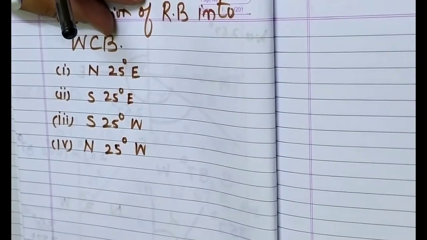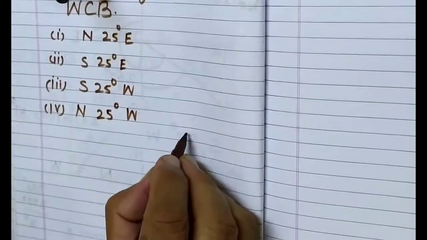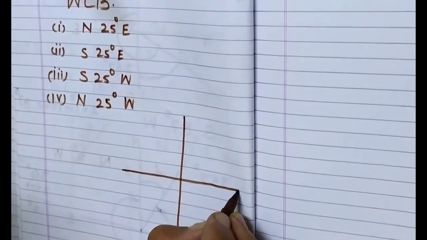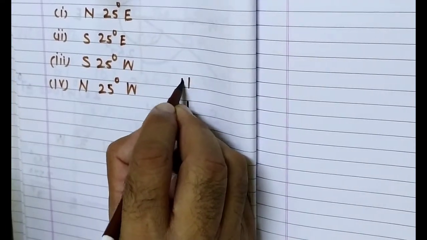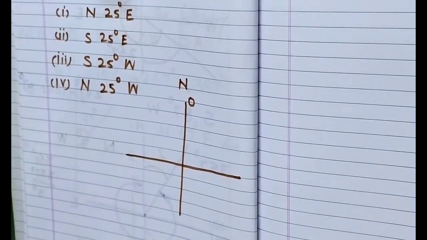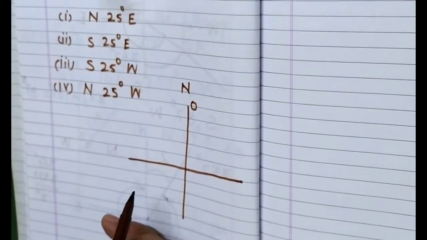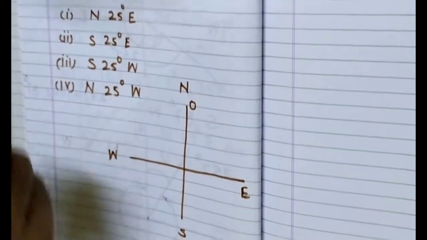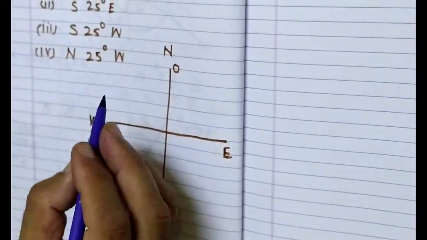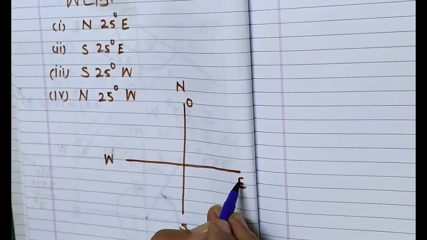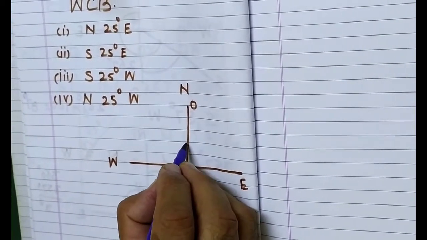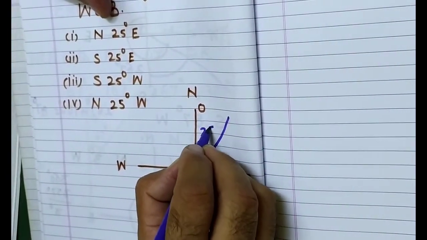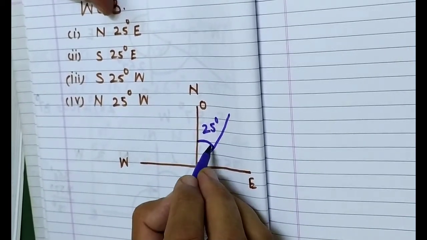So again you will draw the 4 quadrants. This is a very simple way, graphically. So here this is north. North is 0 degree always. Okay. So you identify the quadrant. This is the south pole, this is the east pole, this is the west pole. Here you can mark this northeast 25 degree. This is my northeast quadrant. You can always mark the angle with the north. Okay, this is the value of 25 degree. You can say north 25 degree east.